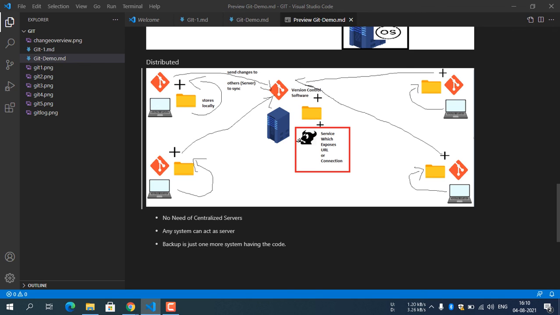So if his laptop crashes for some reason, his total code will be available here. You just need to ask him and he can copy it. So if his laptop crashes, he can ask him, and it will be available on his laptop. So this is one of the advantages of a distributed version control system. And a distributed version control system is nothing but Git.